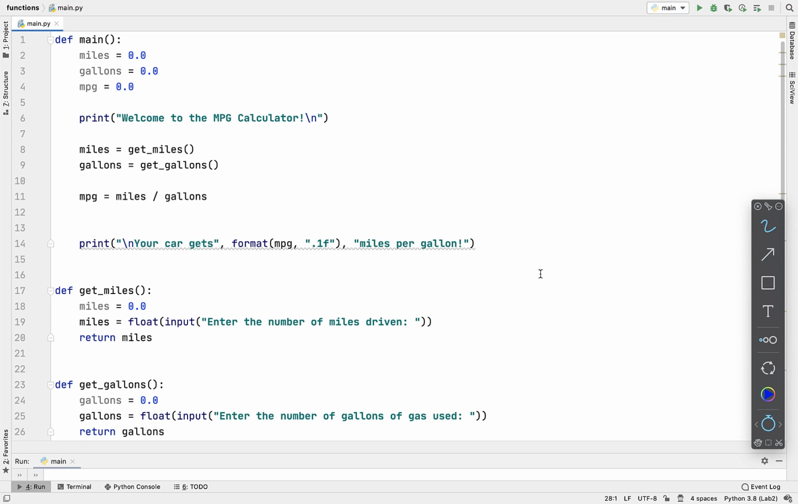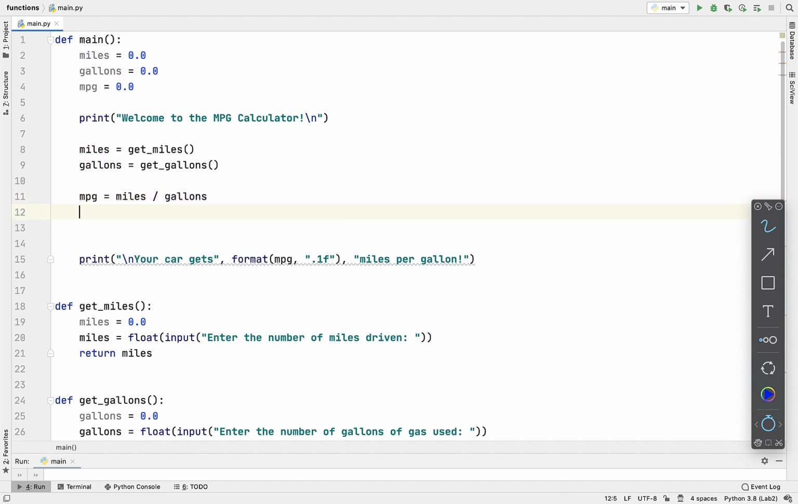So now we are ready to write our processing functions. So where in our main function do we do any calculations? Right here, right? We're taking miles, dividing it by gallons to find the miles per gallon. So we want to change that into a processing function. So I'm going to first comment this out because I want to keep that so we can refer back to